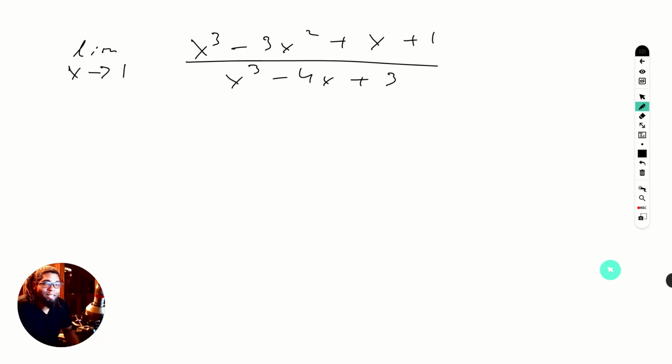So, granted, this is an easier problem, but we're going to use a technique that's pretty easy to solve this problem. So, this is a limit. Now, what is a limit? A limit is basically just showing you a point that exists on a certain graph. So if we were going to graph this limit, again, this is not going to be exactly what it is, but if I'm just wanting to show the idea,